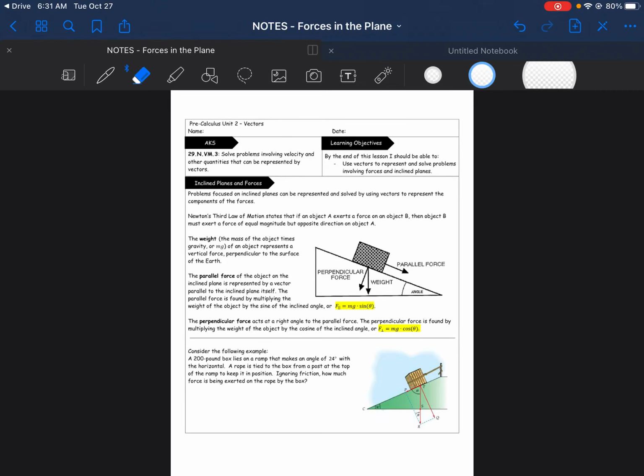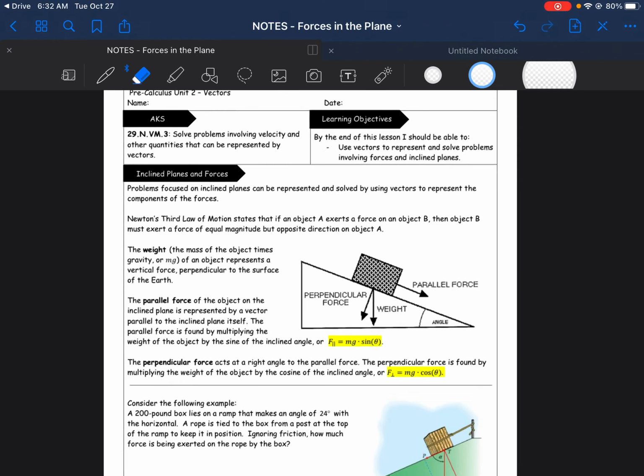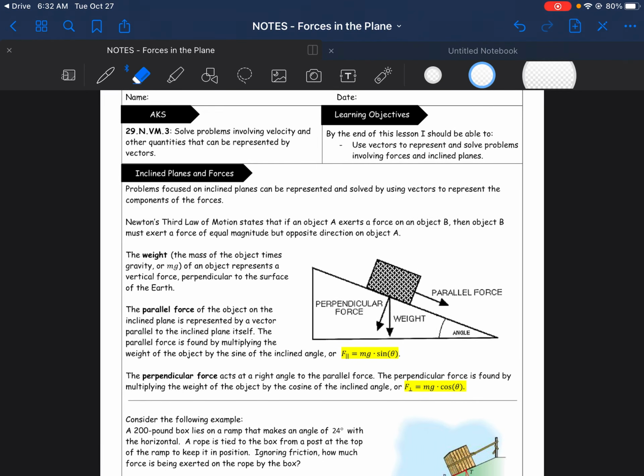In today's video, we're going to be looking at forces on inclined planes. Let's go ahead and get started. By the end of this lesson, we should be able to use vectors to represent and solve problems involving forces in inclined planes. So, problems focused on inclined planes can be represented and solved by using vectors to represent the